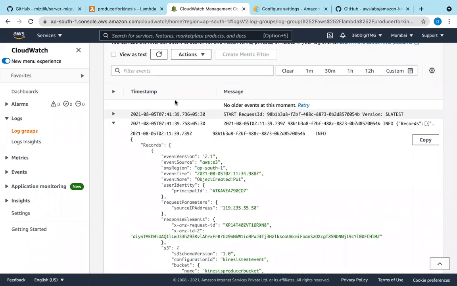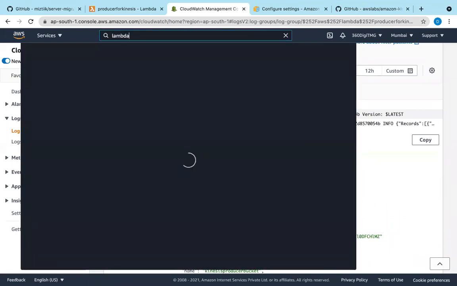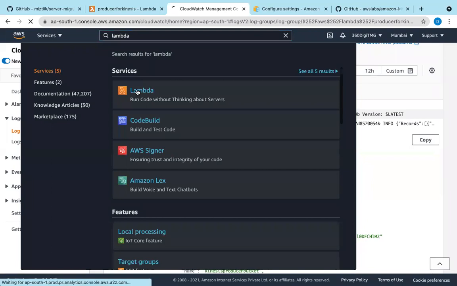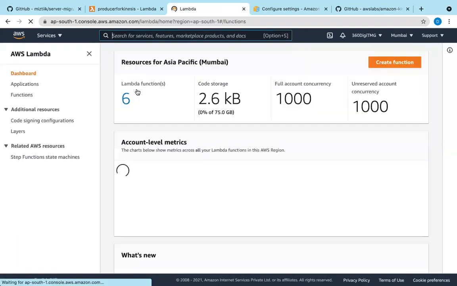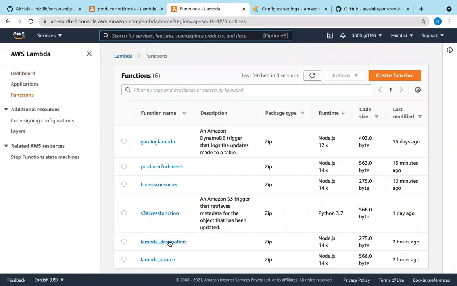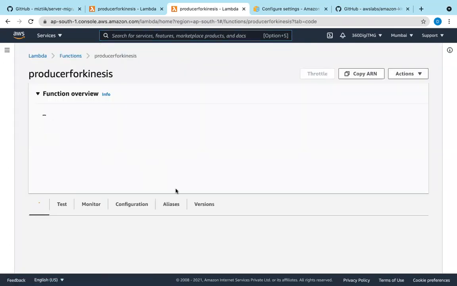We'll go to Lambda. Producer for Kinesis.